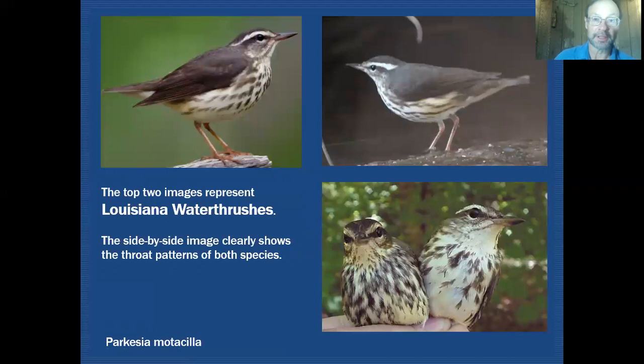Then when we take a look at Louisiana water thrushes, looking at this one here, you can see definitely that that supercilium is widening behind the eye. It really flares out. And you can't see the throat on this particular view, but we'll look at some others. You can see that the streaking is a little more diffused. You can see that the lower flank does have somewhat of a buffy area here, and that buff extends then